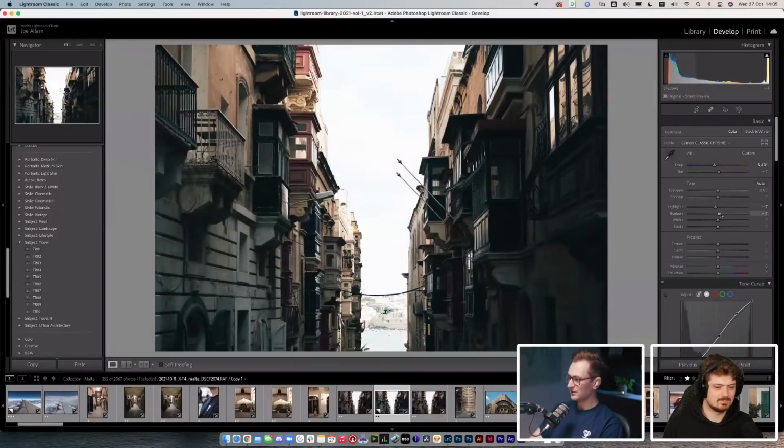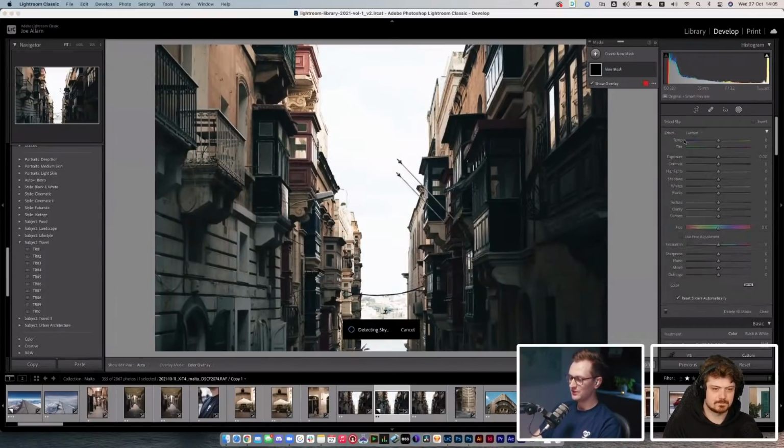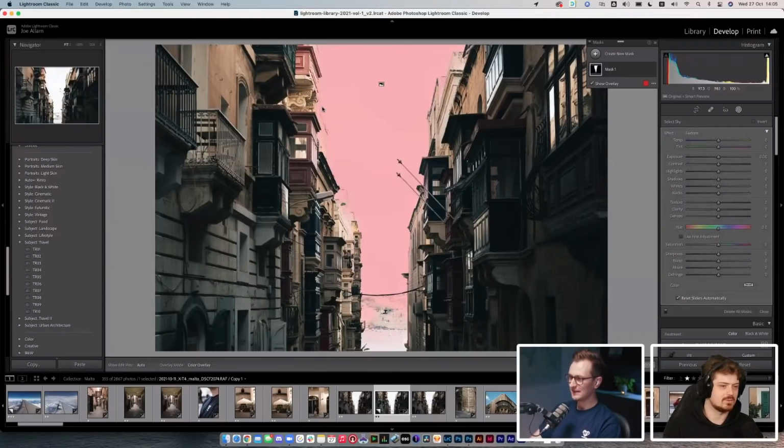But the main thing I want to show is what's new in terms of the adjustments, what do they call it? The specific adjustments, like the gradient, the brush, those types of things. We've now got this button up here, which is our new masking button. And there's some AI involved. First of all, we can just select the sky, and then it's going to automatically analyze the image, find